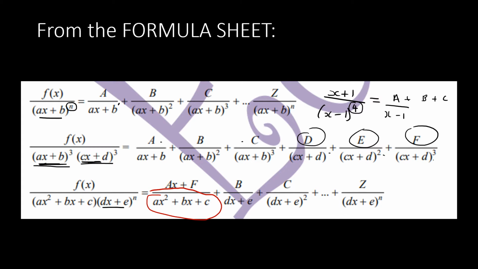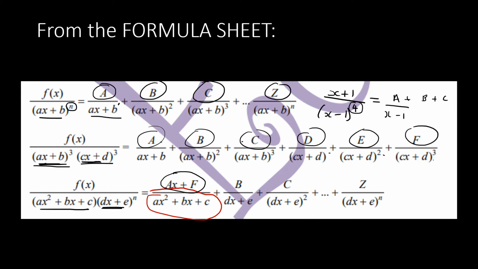Now if I have a linear and a quadratic, the first thing you must do is check if that quadratic cannot be broken down or factorized into other linear terms. If you can factorize it into linear terms, we know we can just expand it using the normal a plus b plus c. But if it's quadratic and you cannot further factorize it, then at the top you'll have ax plus f. If you check, it's like the differentiation of the bottom. We know the differentiation of ax plus b will only be a constant. The differentiation of a linear will be a constant,